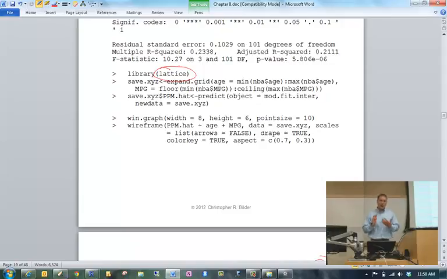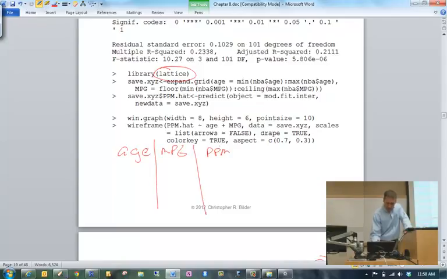And in order to actually use the corresponding wireframe function, what I needed to do was evaluate my model for a whole bunch of values of age and MPG, and then get the ppm hat. So, for example, I could start at the minimum age, which we know is 22 years old, and the minimum minutes per game, I don't remember what that was, let's say it's 5, find ppm hat.